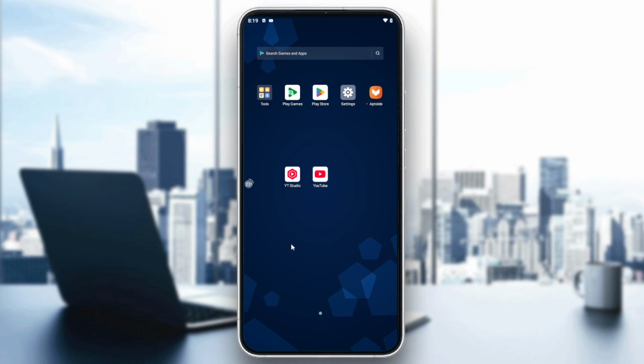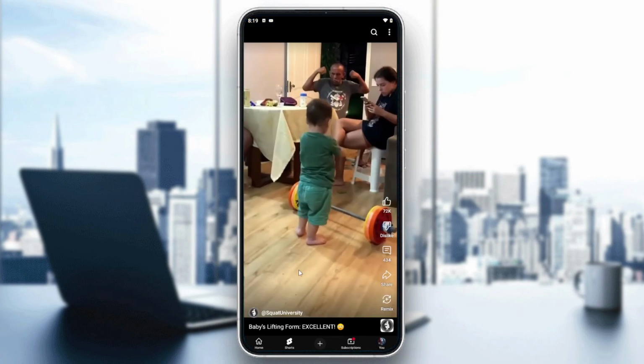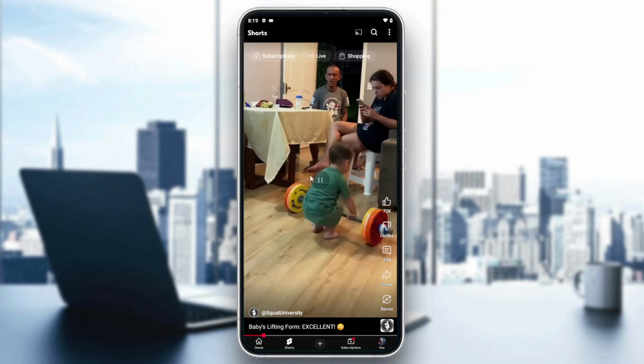So first, you will need just to go to your YouTube and then you will need to start searching for YouTube Shorts that you want to take clips from. And for example, we can go to here to our YouTube and here we can see or find this YouTube Short. So now all you will need to do is just to go here to remix and then you will be able to start remixing this